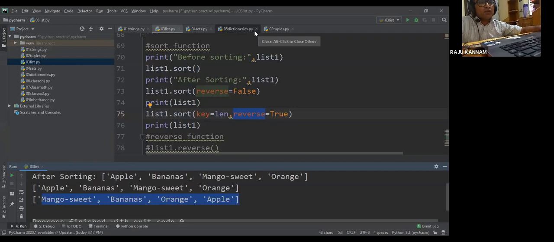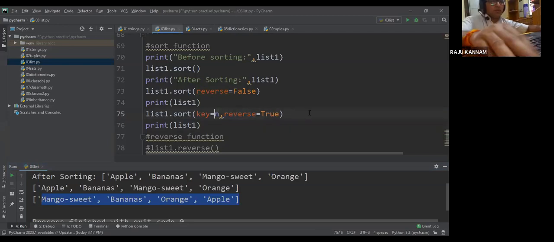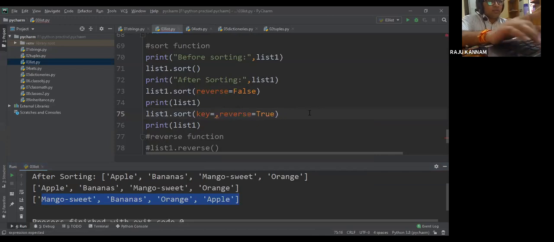Okay, key equal to, uppercase, lowercase. Maybe that upper keyword is there or not, I don't know. Let me check it. No, upper keyword is not there. Maybe some other keyword might be there that we have to find out. So now we cannot